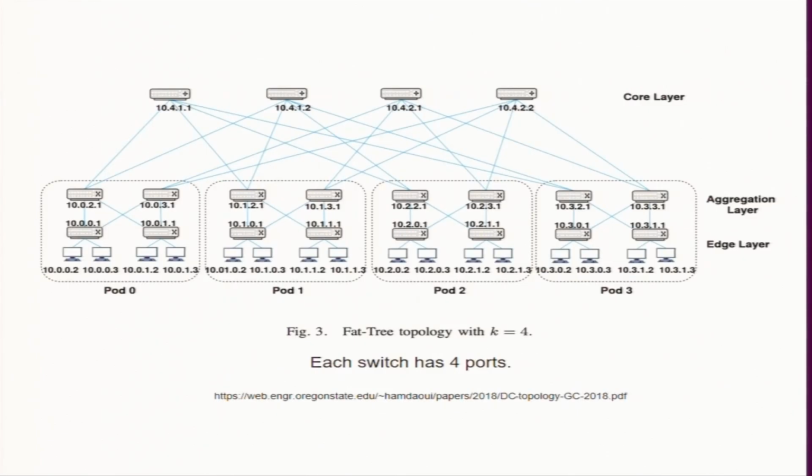So, this is a fat tree topology with k equal to 4. What does it mean? Each switch has 4 ports. This is a fat tree structure and that means this link will be a fast link. Here we have 4, this is a switch, no? It has 4 connections, 2 here and 2 here. Every switch has 4 connections, you can check, and all 4 are connected, they are not lying waste.